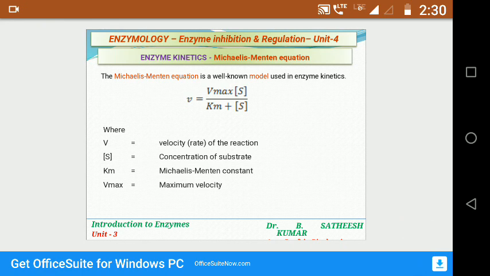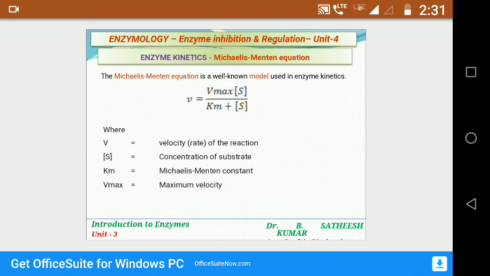Suppose if you want to know the velocity of the enzyme, we have to know some variables according to the Michaelis-Menten equation. So the Michaelis-Menten equation is V equal to Vmax into S by Km plus S. So V is velocity of the reaction, velocity of the enzymatic reaction, that is how much substrate is converted to product per unit time, and S is nothing but the concentration of the substrate that we are using,